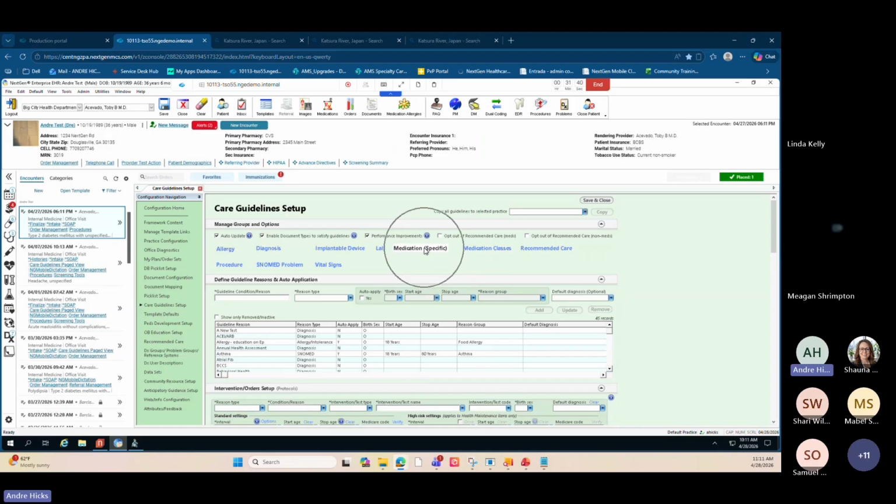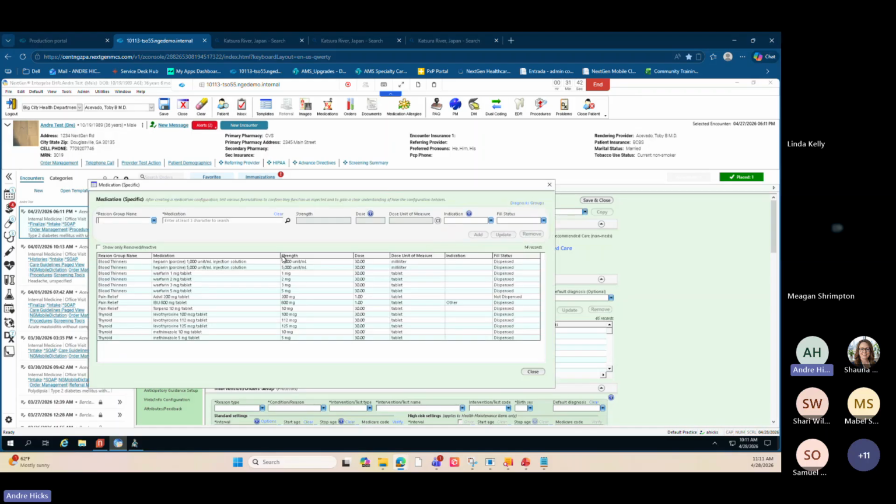So in this template, when you open this template up, the care guidelines Yeah, can remember I be have